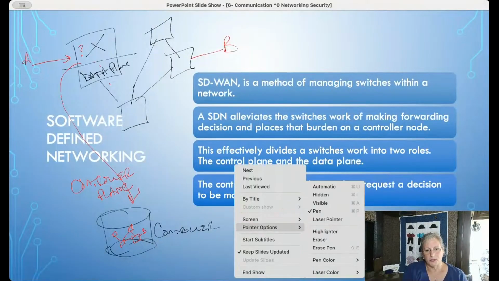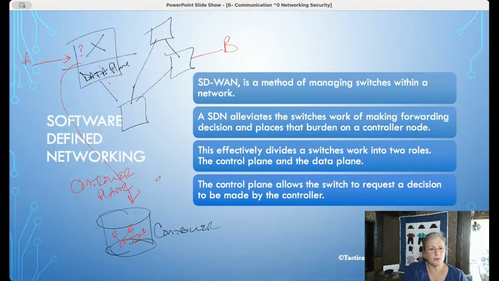What it would then do is send out information to the switches that it wants involved in this traffic flow. So it's going to go through these three switches, sends out information, and it would have temporary path information. It's going from A to B, and it says go out port number 1.